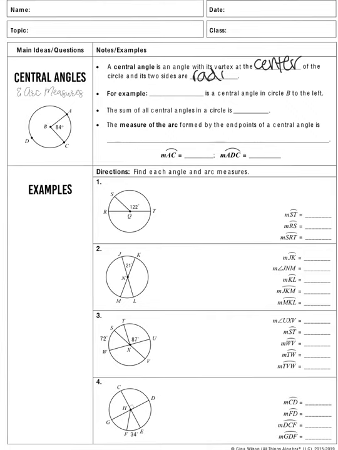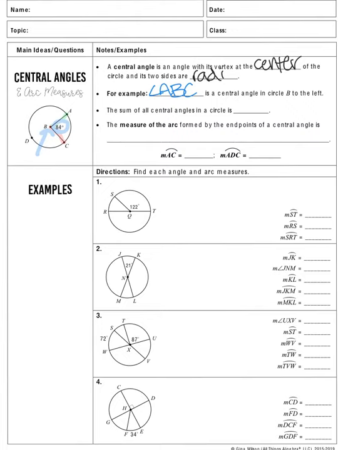Basically, if you look in the picture, and I'll highlight this for you, AB is a radius and BC is a radius. And that angle, 84 degrees, is considered a central angle because its vertex is at the center. So angle ABC is a central angle in circle B